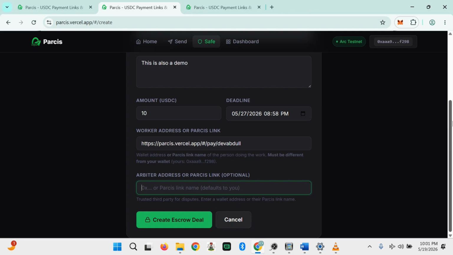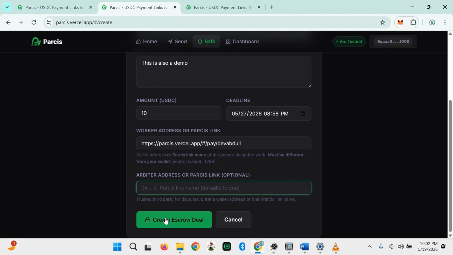So, and also everything is safe on chain. By default, the habitat is you, the client. You just create the escrow, and there is no one in the middle. You are the one that will make the judgment on everything, with the terms and conditions that even the worker has agreed to.